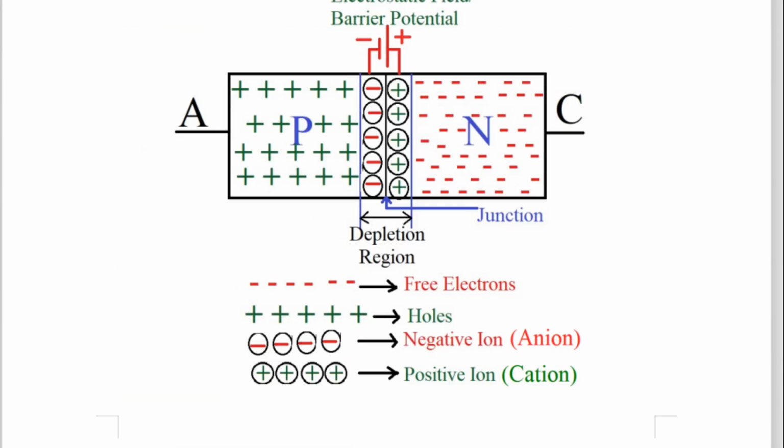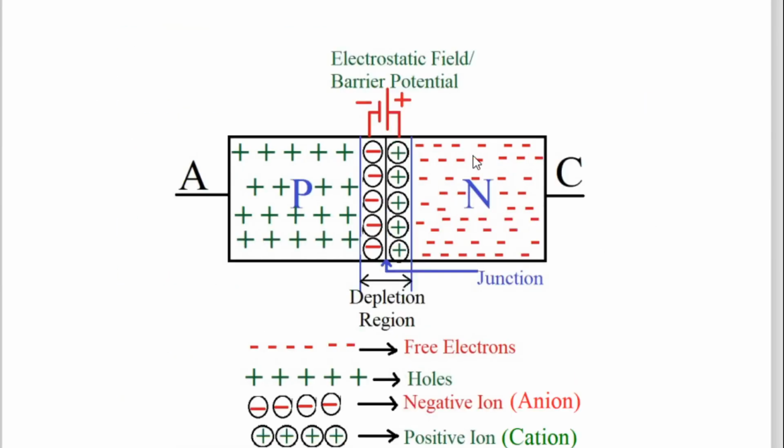Now what will happen here? At the junction, when we combine p-type with n-type material, exactly at the junction, the atoms on the right-hand side, which are atoms of pentavalent impurity,